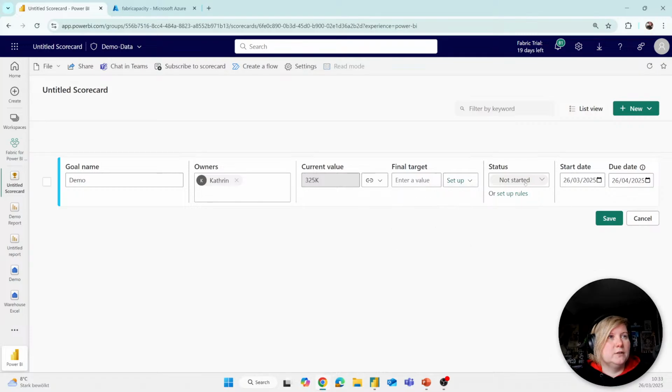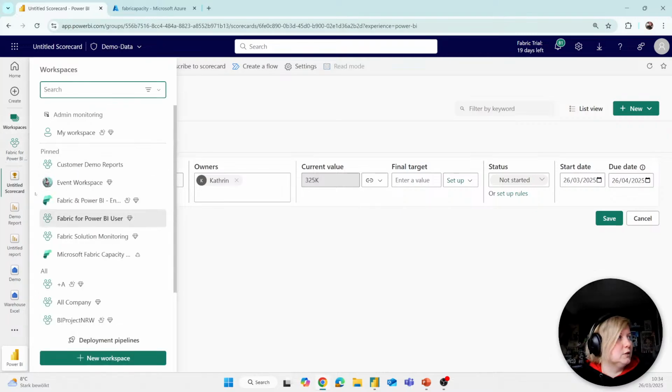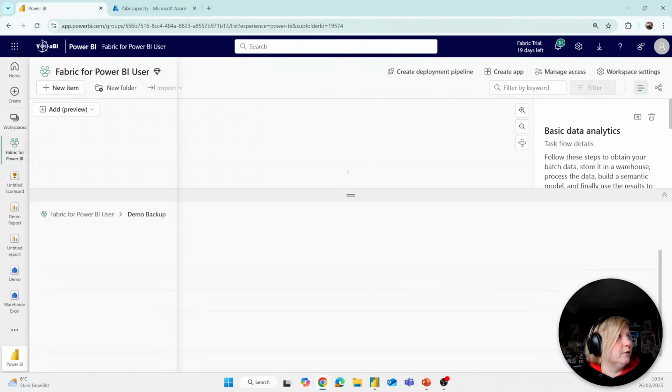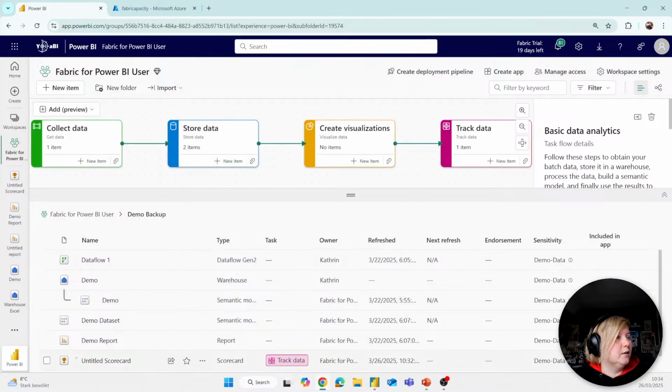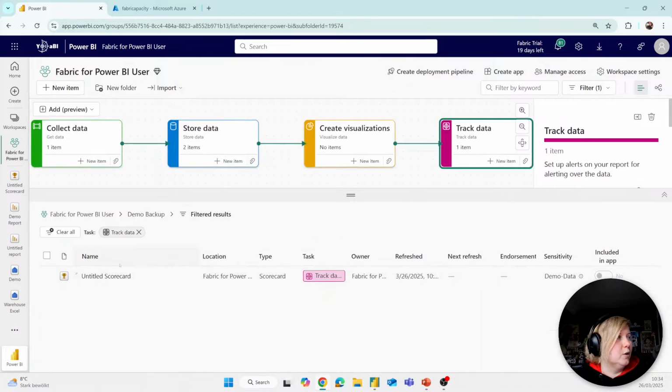And then you can say the status is on track. You can say start date, due date, and so on. You can also send messages if you want, so alerts. You can set up alerts for your data. You can set up subscriptions for your data, and so on. So there are multiple options you can use here. And if the scorecard is ready, then you see here now under track data, we have also our scorecard. Okay, so that's it for the Fabric